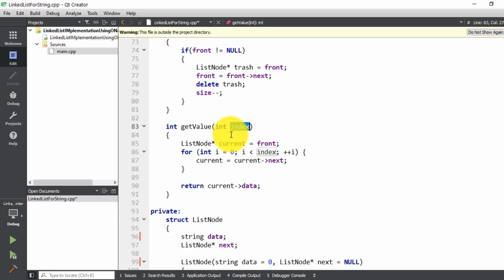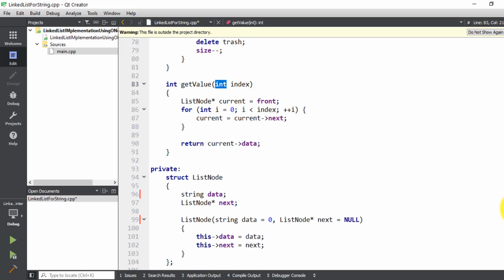Yes, absolutely no, because it represents an index of the array, and it will always be a positive integer, starting from 0, 1, 2, 3, 4, 5, up to the size minus 1. So we don't have to change anything here. It has to be int, because an index will always be an integer. And I think that's it for this